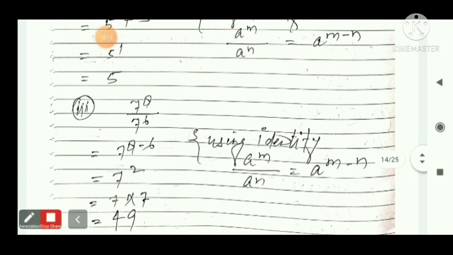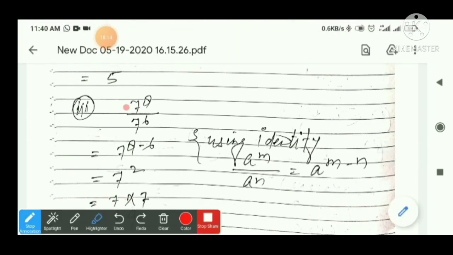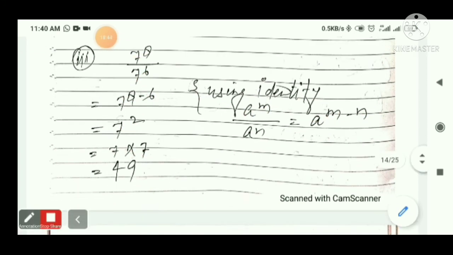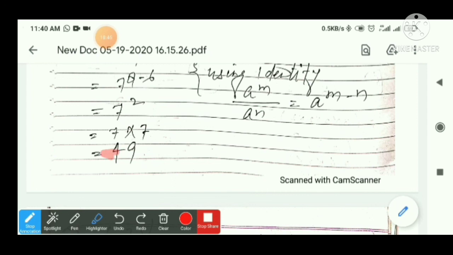So please look at the third part: 7 raised 8 upon 7 raised 6. We will also use the identity here: a raised m upon a raised n is a raised m minus n. In the division method, if the base is the same, we will subtract the powers. 7 raised 8 minus 6 is 7 raised 2. Because the power is 2 here, we multiply 2 times of 7: 7 into 7 is 49. Okay students,